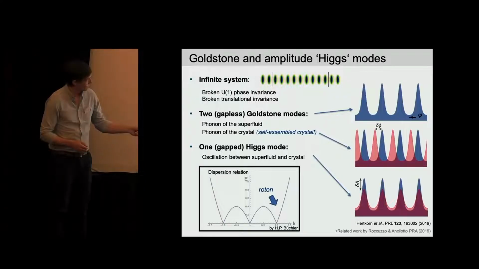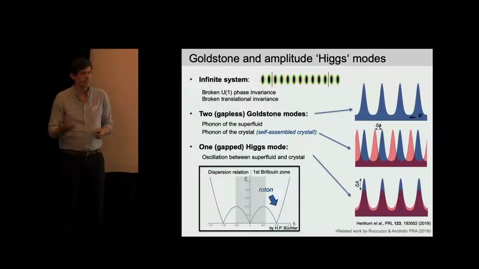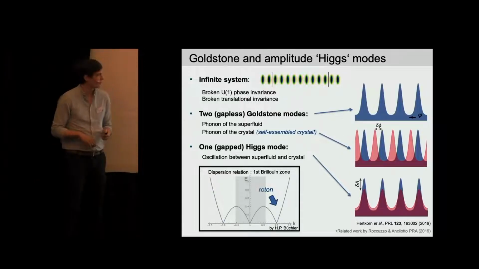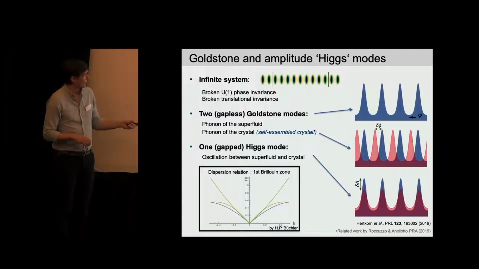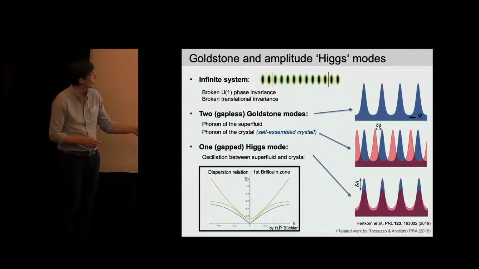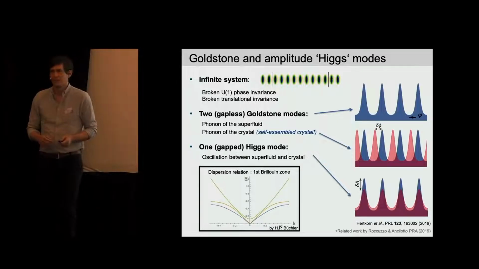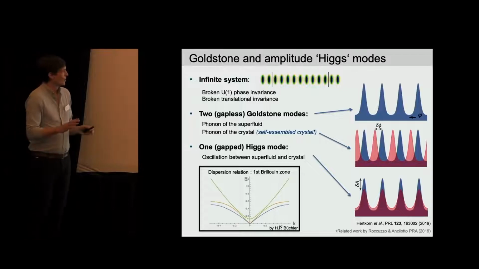You already see there's kind of a periodicity emerging here, so we can actually restrict ourselves to the first Bragg zone of this crystal, where we actually then find 3 modes right at the transition point. At this point, it's not clear which one is which, but if we move a little bit further, you see one of them actually moves up. That's the Higgs, and the other ones are the 2 Goldstone modes. So much for the simple case.